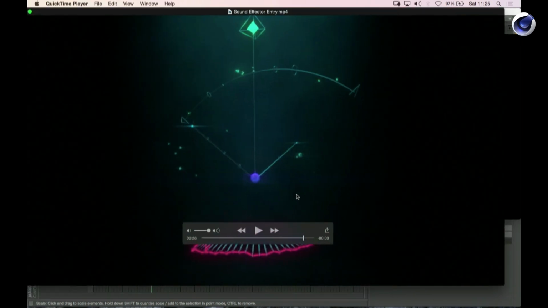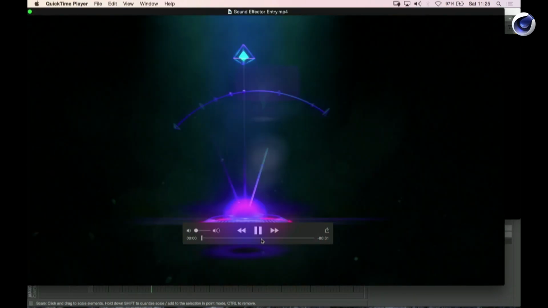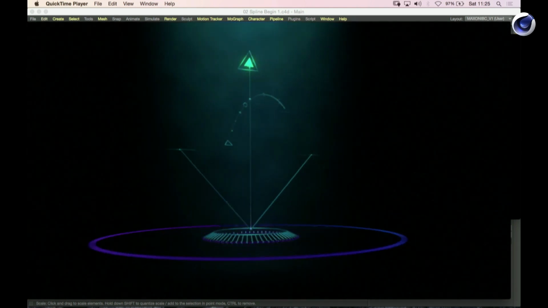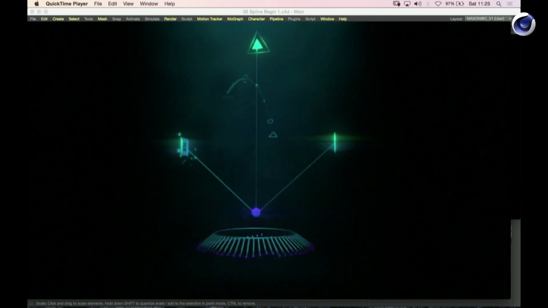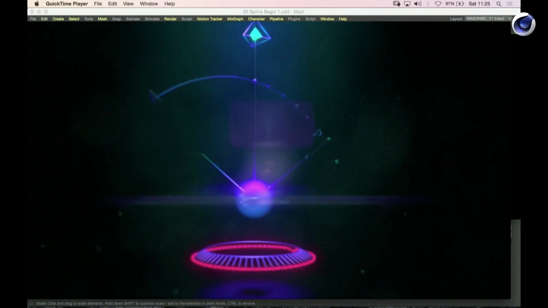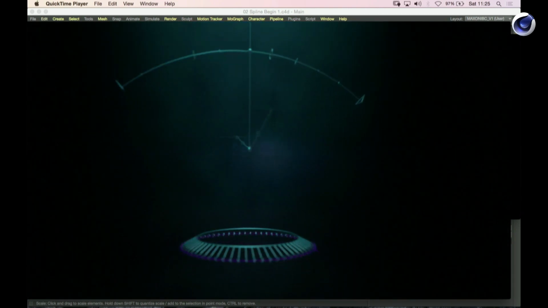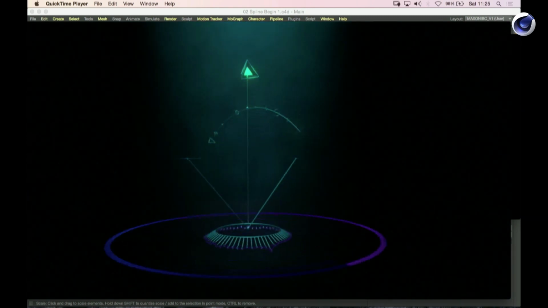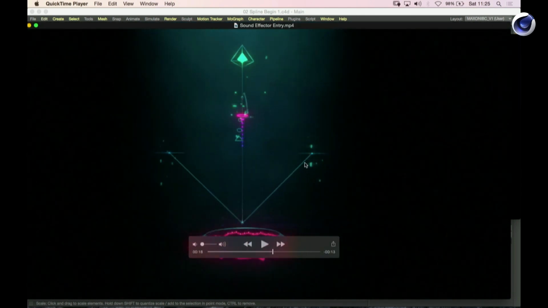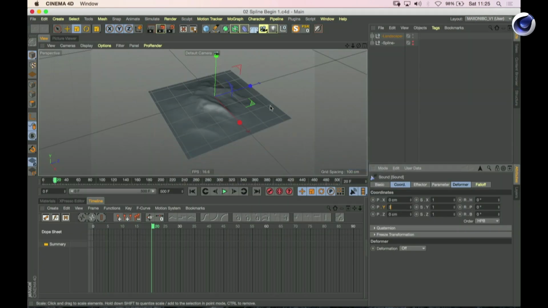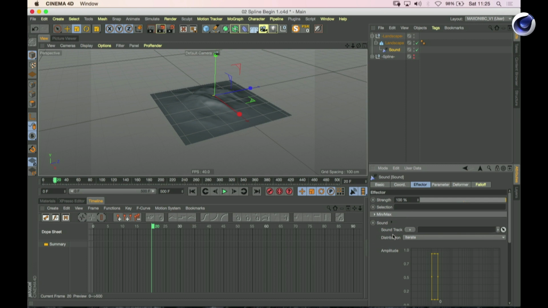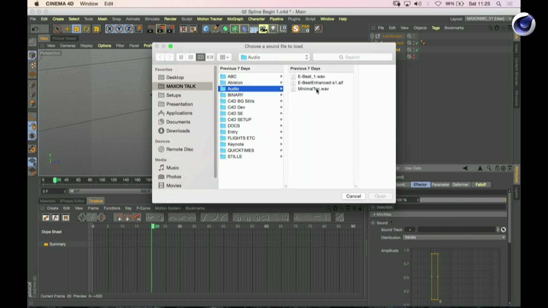Okay, so the next thing I'm going to look at is, just turn it down, it's just this little thing hidden behind the UI. There we go. So this little EQ, little skirt thing. So I'm just going to show you how to build that, and that's just taking the waveform or the EQ of a whole piece, and I'll just show you how that's made. So this shows you roughly, so I've got just a landscape object, and I've got a sound effector, and I'm just going to load my sound,